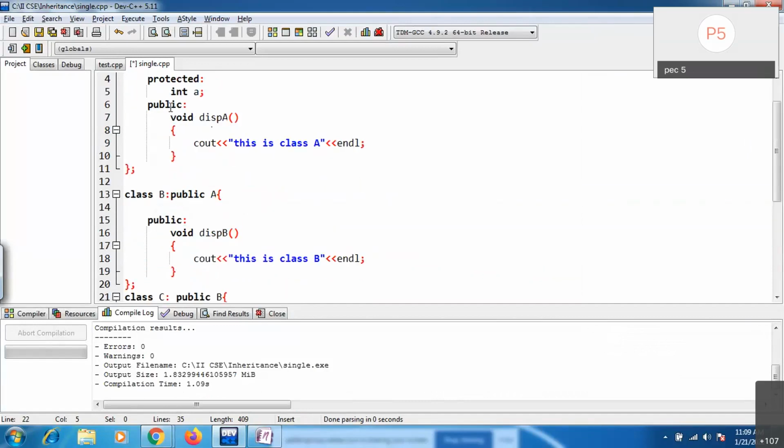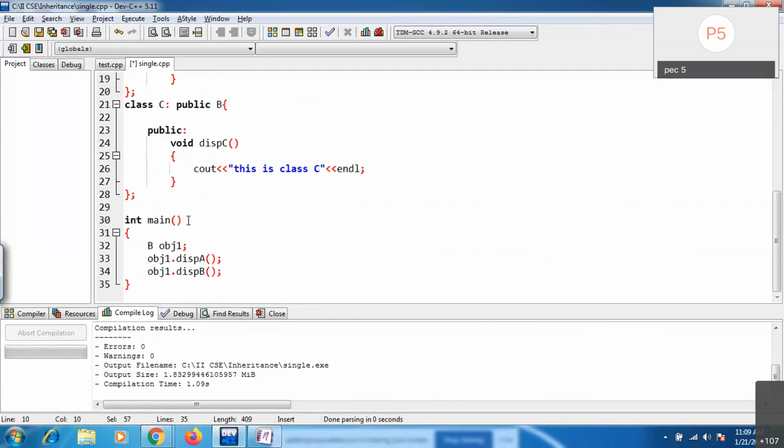Inside A you have dispA, which is public. Can I access this dispA inside C? No, sir. Any other answer? We can access.